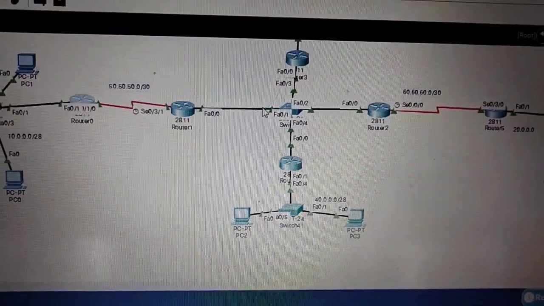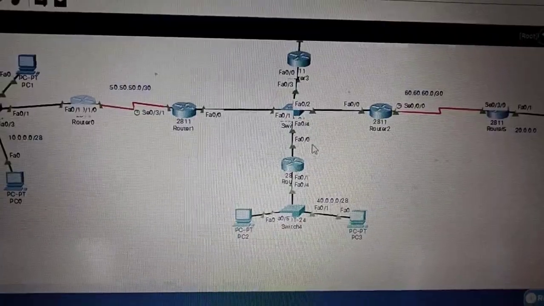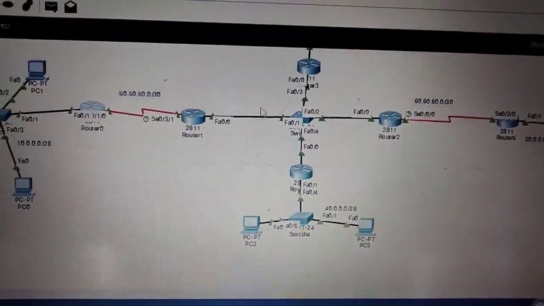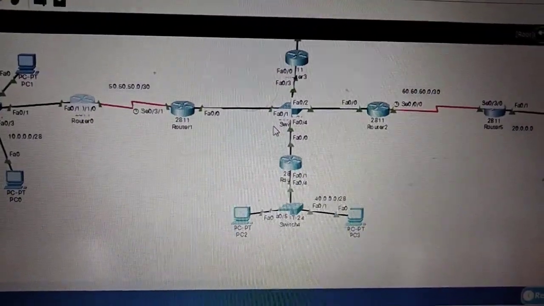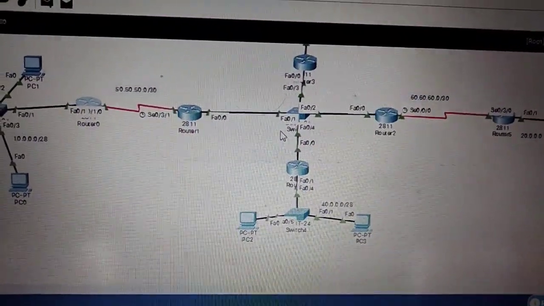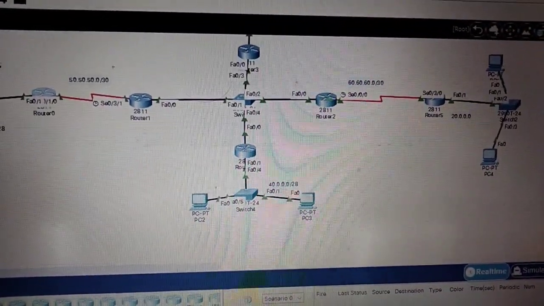We have four connections, that's why we have taken four networks. The subnet mask should be the same: 255.255.255.248. If you take any subnet mask, no problem, but when you come to real time, remember to take only as many networks as are connecting here.